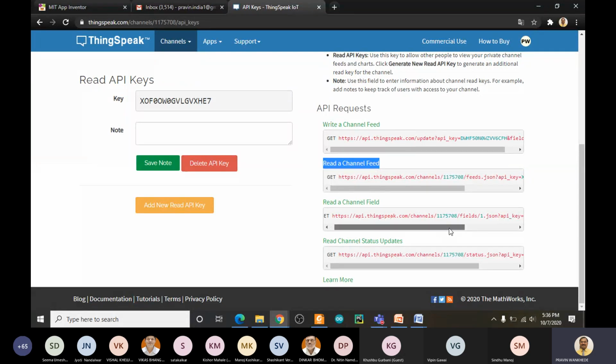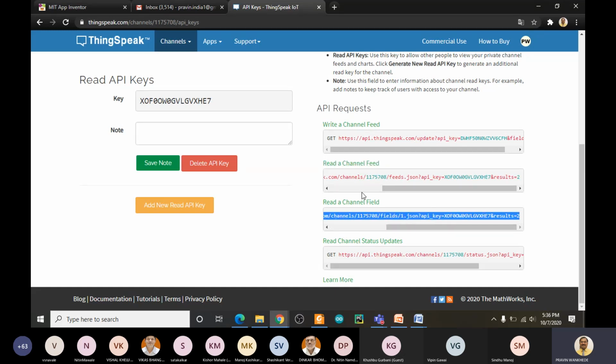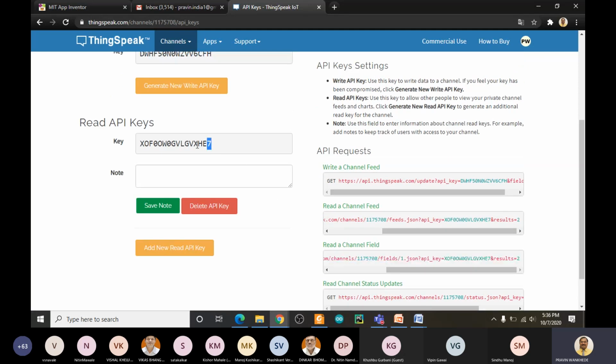So you have different options here for what type of format you are using, either JSON or another. You have to select a particular format, and based on that you have to use the particular GET function of your HTTP. But at that time you have to use this API key, that is a read API key. So this will be your reading API key.